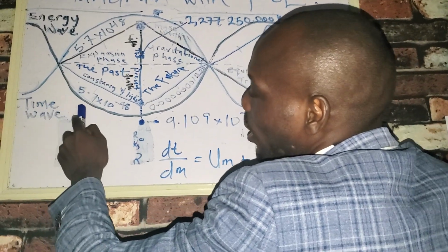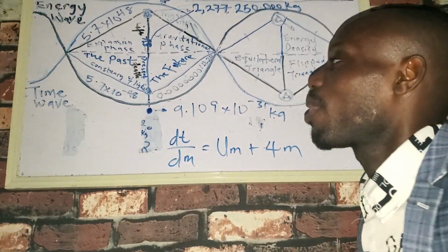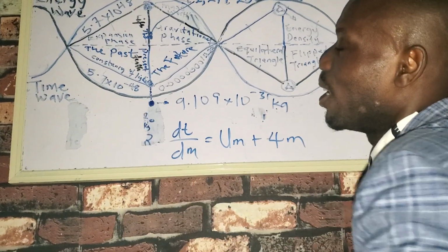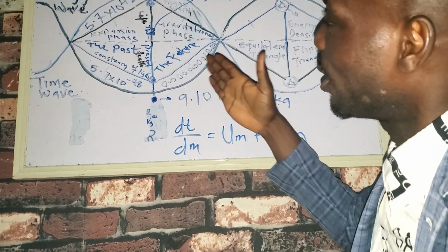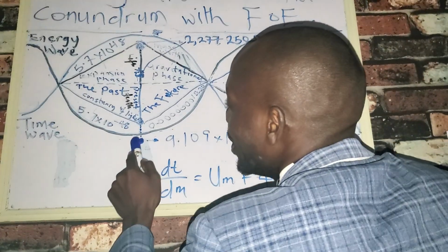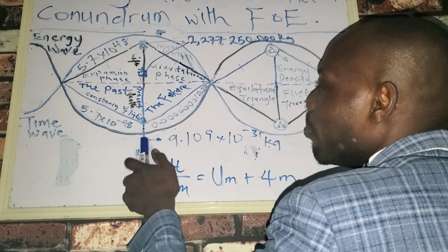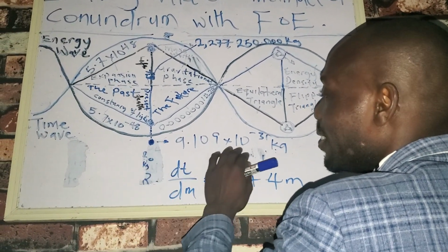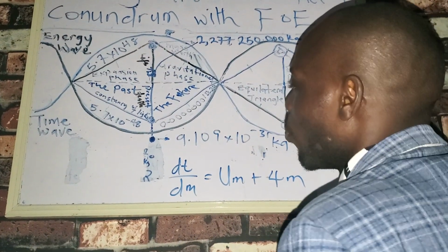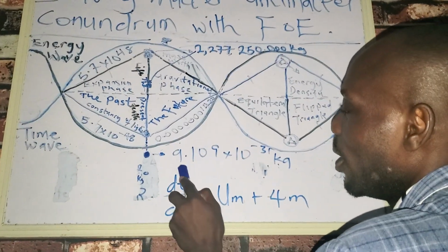We as well have the mass worth of emergence of antimatter. But when it now gets to this point, which is the central, which is the present phase, and the present phase is where we have the reality of the universe, the whole mass worth of antimatter is fully formed. It's going to be the same size as the electron. So the mass worth of the electron is fully formed, and this is the size,